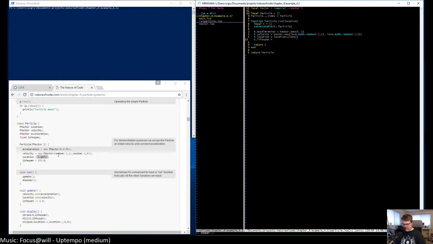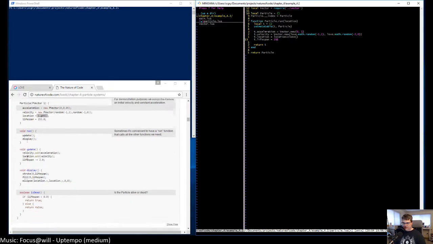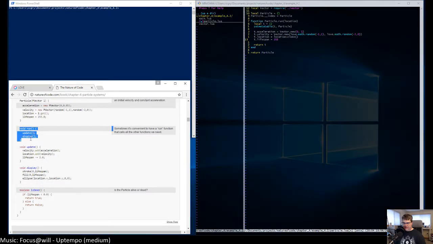Okay, so he's setting this to 255, with the idea being that this is how long this particle is going to survive until it is dead. Then we're going to have a run, so an update and display.